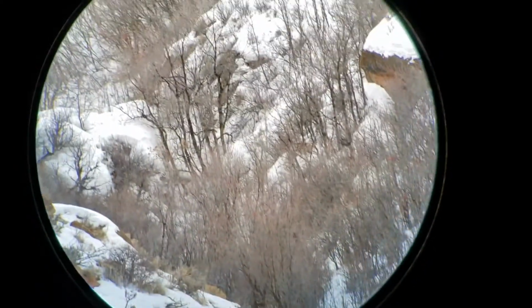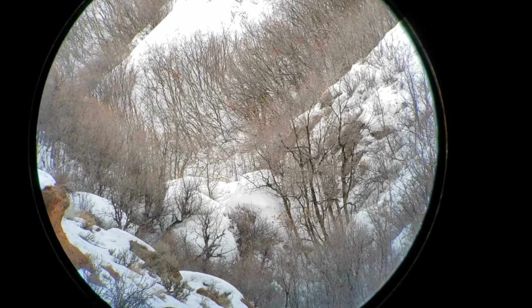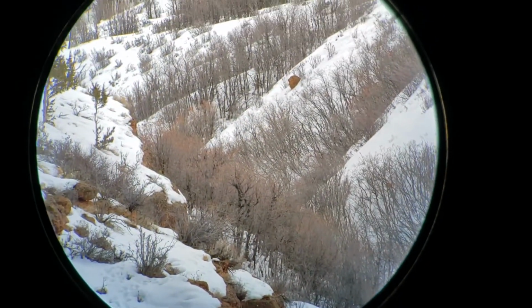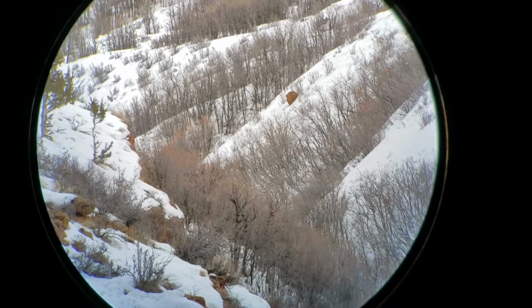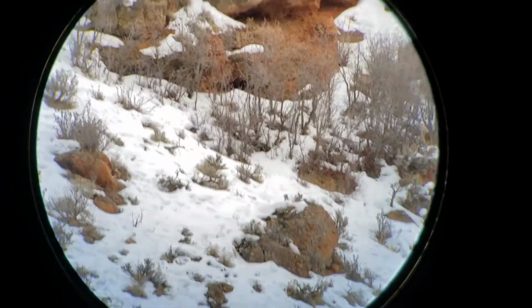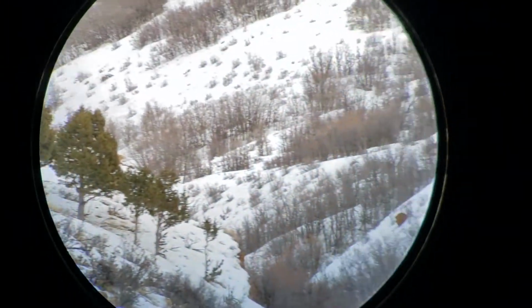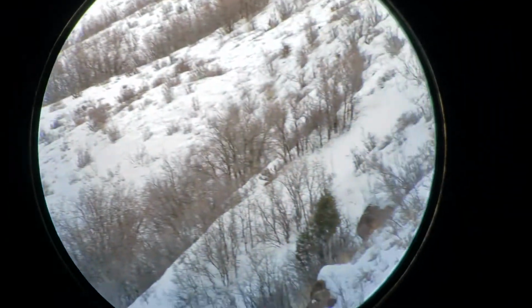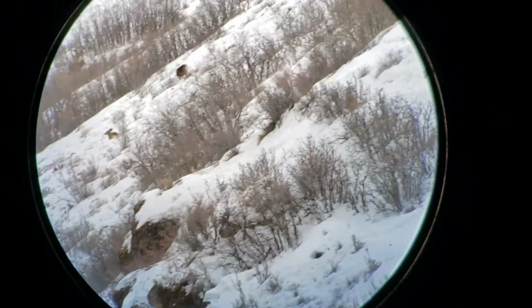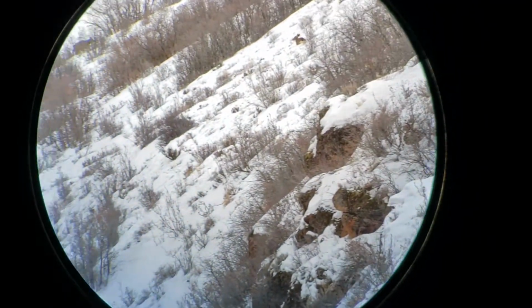I don't know that you could walk right up the creek, just because right there it gets really nasty. But yeah, that's probably part of the reason they're in there. If you can get up in there, there's rocks on this side. It's kind of gnarly to get up in there. I figure you might be able to go up the side around here, or as I move the camera here, work up above the rocks around here. I might be able to get in either way of those,